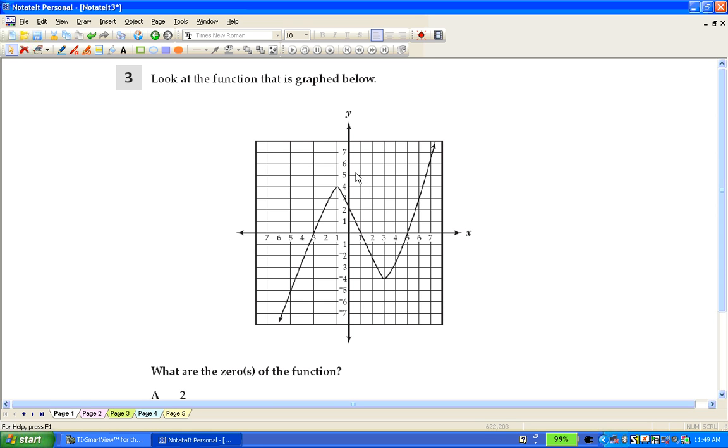Alright, this is going to cover 1.1.4 and 1.2.4, which is basically not working with nonlinear functions. For HSA algebra, we don't study the actual equations of functions that are higher than degree 1, which is a linear function. So what we just need to look for is being able to identify maxima and minima, zeros or roots of a function, functions that are either continuous or discontinuous,